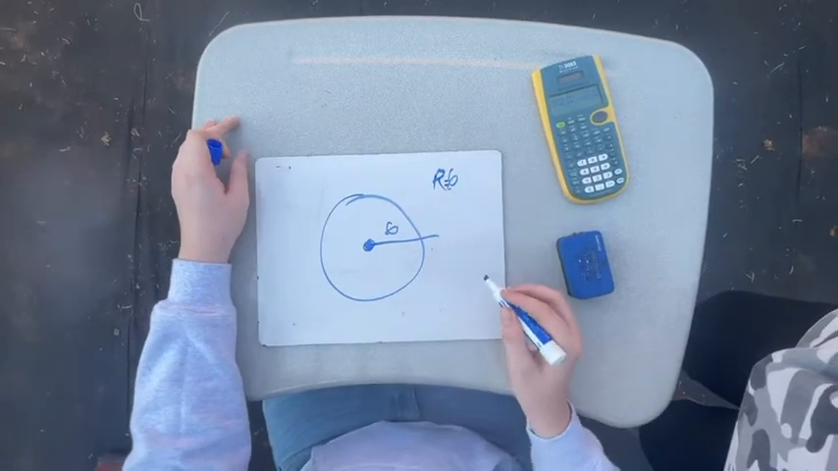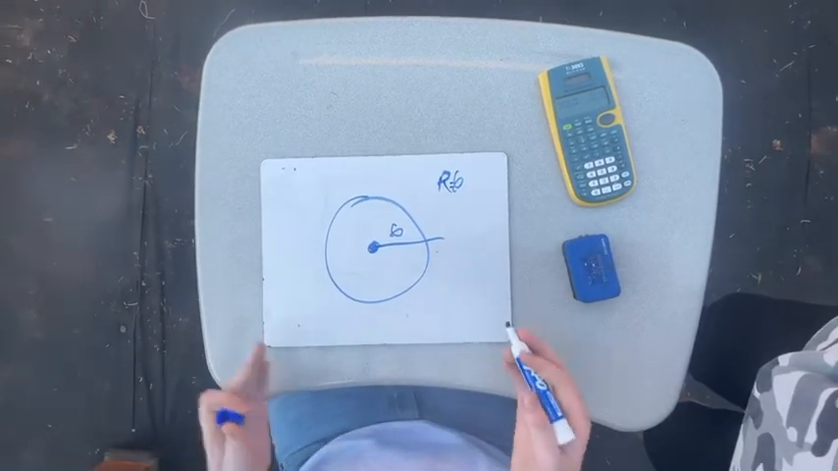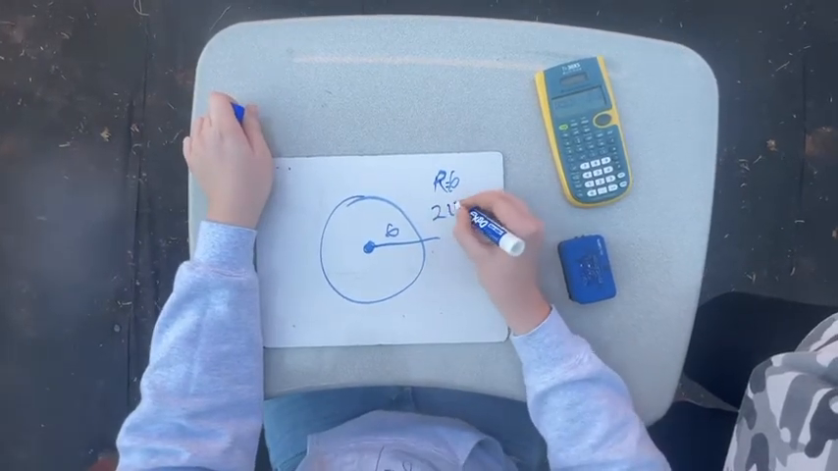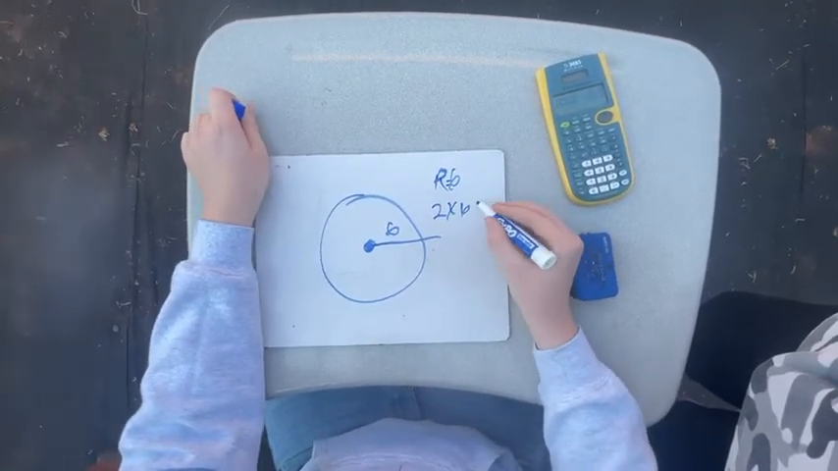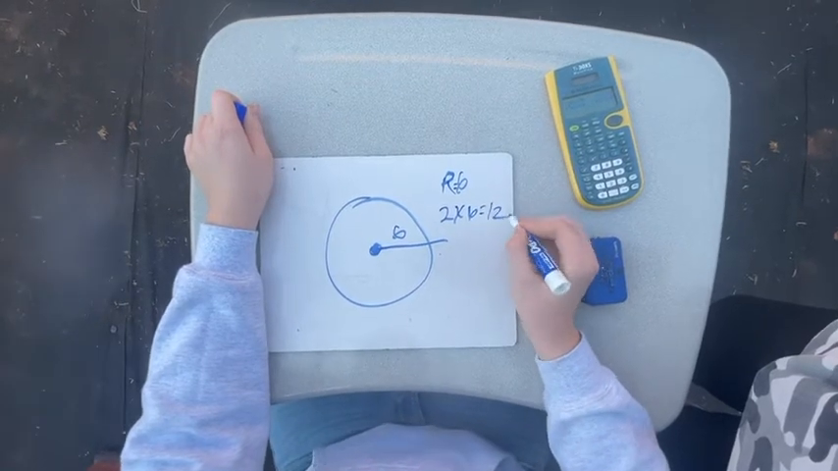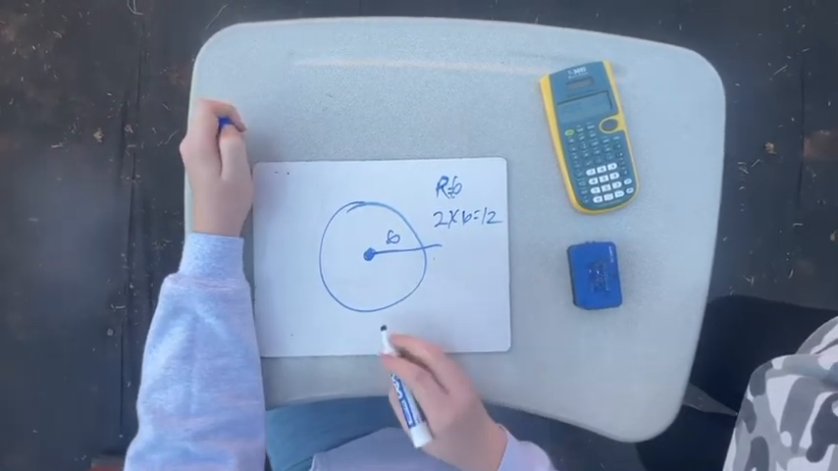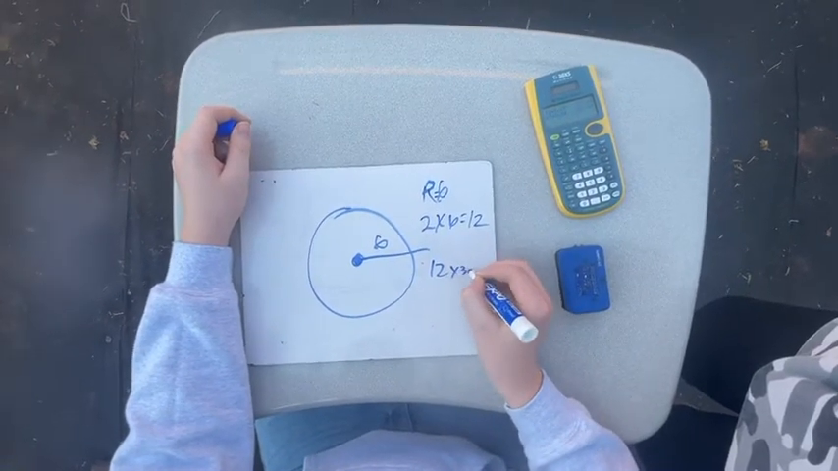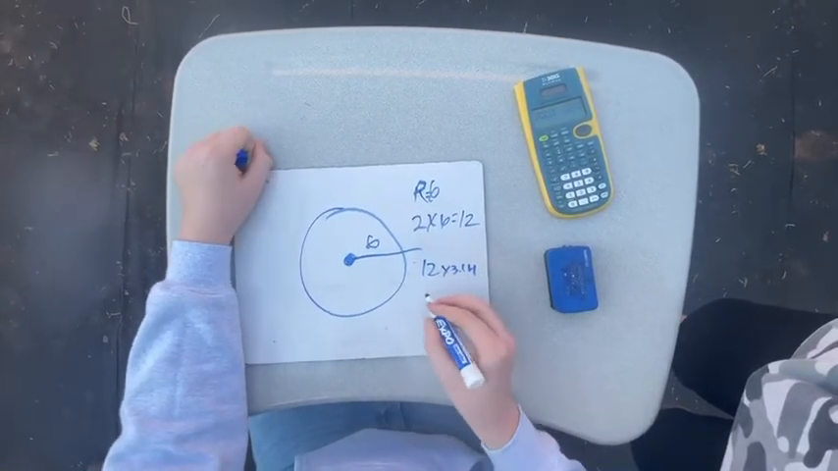And if you want to find circumference or area, you'd have to use radius and diameter. Diameter is 2 times 6 because it is double of 6. So 2 times 6 is 12. And to get a circumference, that is 12 times 3.14, which ends up coming out as